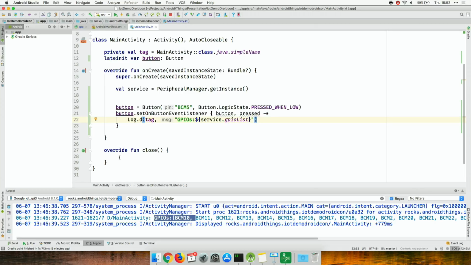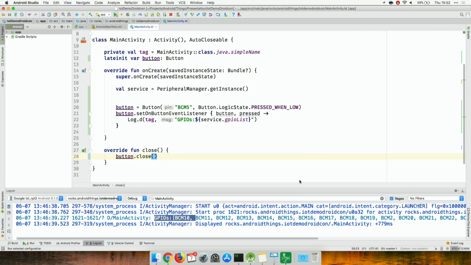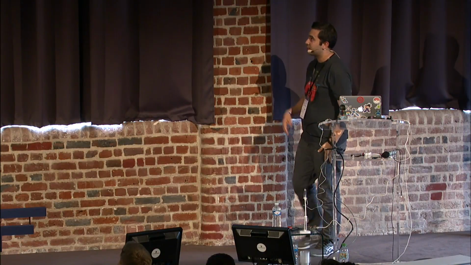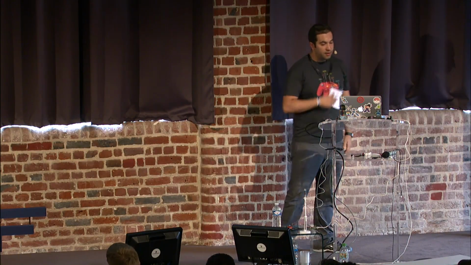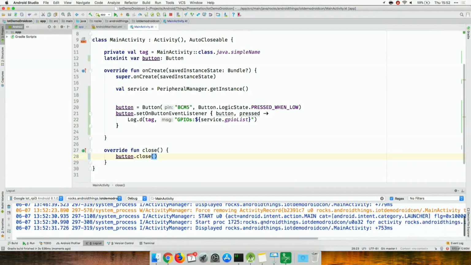The last thing I'm going to do is make sure that I close this button to be a good citizen. So when we close the application, then the button gets released. Again, it's going to ask me, do I want to install it to my Android Things? I'm going to say yes, and then it's going to do its thing. Now, when that's completed, I should be able to hopefully